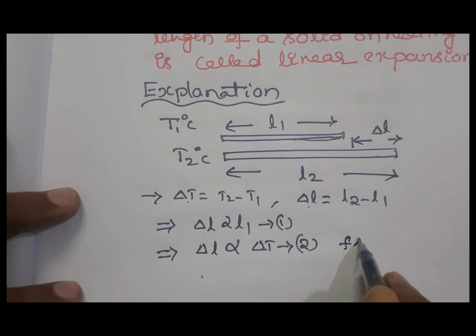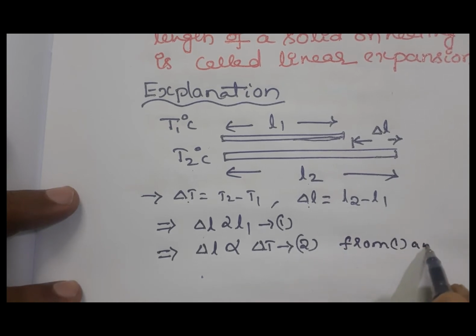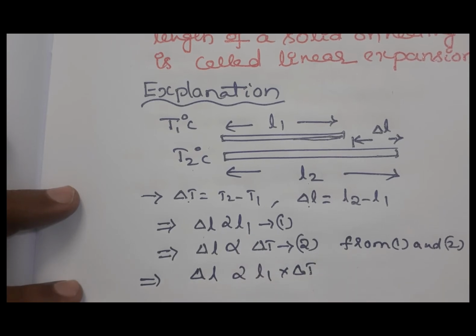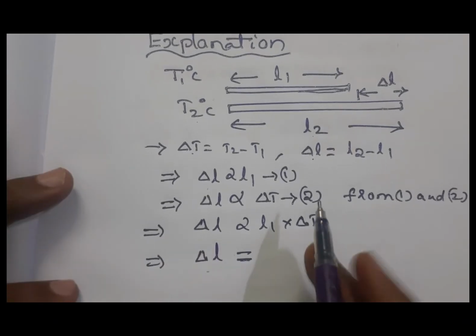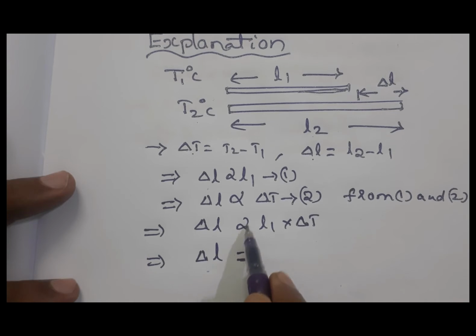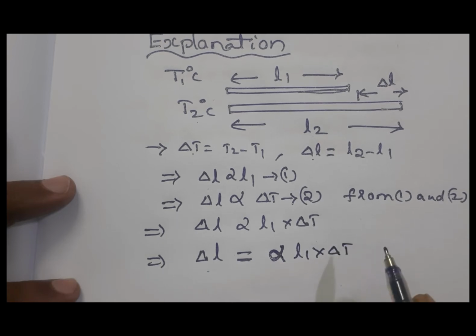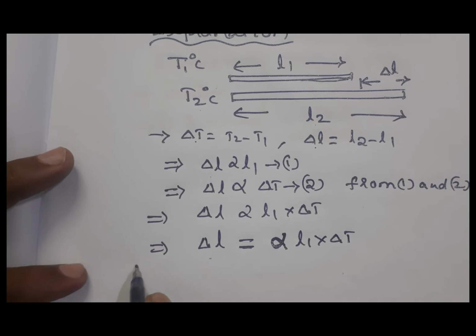So now from equation 1 and 2, we can write delta L is directly proportional to L1 into delta T. So now, eliminating the proportionality symbol, this is a proportionality symbol, we are writing a constant alpha: delta L equals alpha L1 into delta T, where alpha is a proportionality constant,